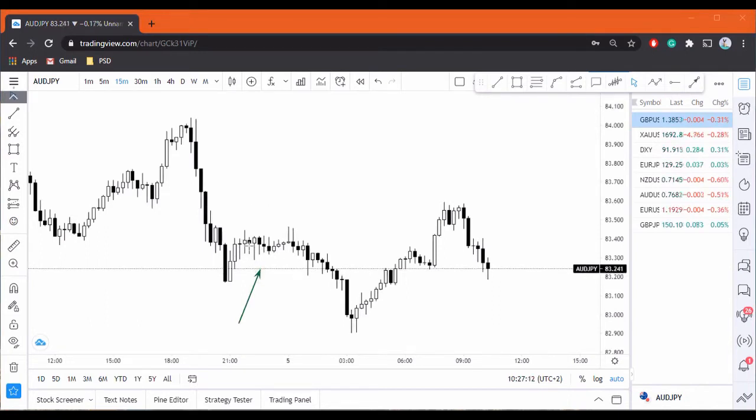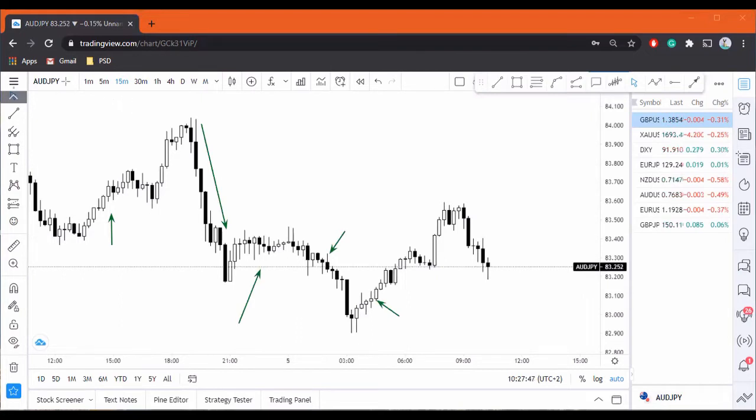Like if you look at this, price will normally give us small candles like these ones. That's literally most of its move. It's only once when something big happens, or when there's more volume. I think this was during New York session, that it tends to give us the big strong candles. Otherwise, most of the time it tends to range in a very small area, giving us small candles. So I wouldn't suggest trading AUD yen. If you want to trade Asian session, I would suggest AUD USD